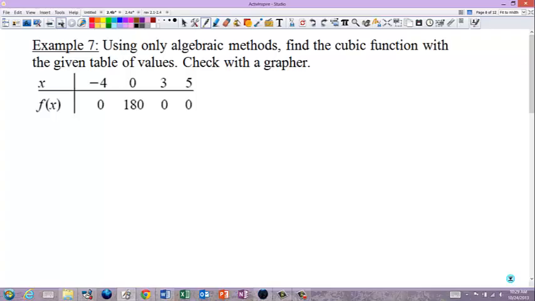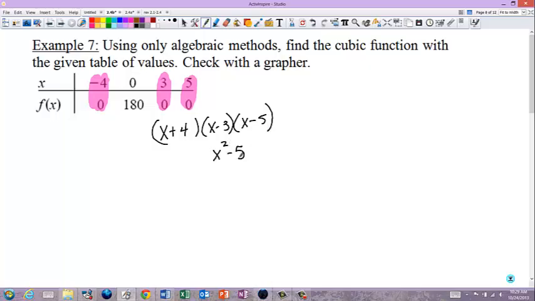Using only algebraic methods, find the cubic function with the given table of values. What you would do here is, these are my zeros. So I would first say x plus 4, x minus 3, x minus 5. I would FOIL it out. X squared minus 5x minus 3x plus 15, x squared minus 8x plus 15, and then times x plus 4,